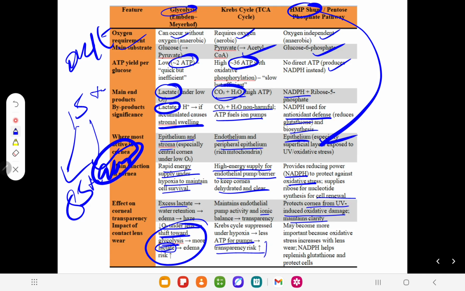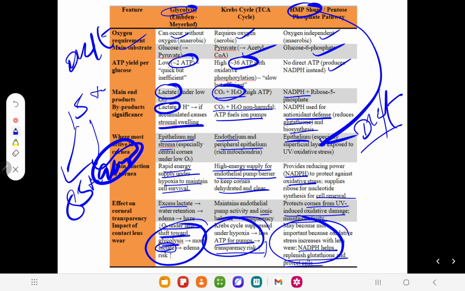HMP shunt, if impacted by the contact lens, may become more important because oxidative stress increases with lens wear. NADPH helps replenish the glutathione and protect the cell. So basically, when you put in a bad contact lens, with less Dk/t, then you create a lot of problems. Okay,